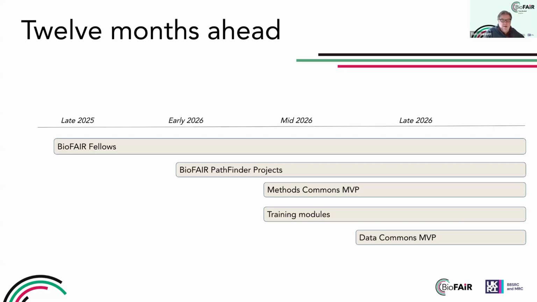The Methods Commons is obviously coming up now, and we're looking at your timelines, but an MVP that was on stream early in the proposal would be quite advantageous. It's listed here as mid 2026, but obviously that's not very far away now. We'll see how we do. Then we're thinking about building up training modules. Some of those will come through the fellows. Some of those will come through the People Commons program as we build up and staff up our training capacity. So there are some potential integrations there between the Methods Commons services and training.